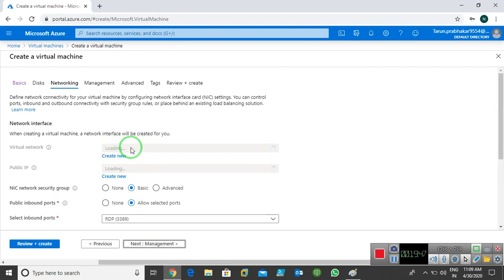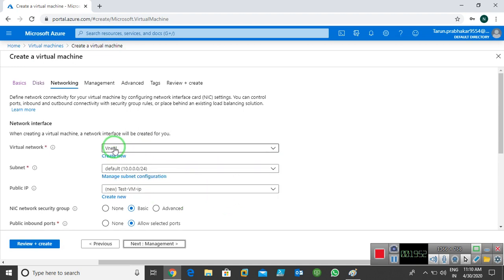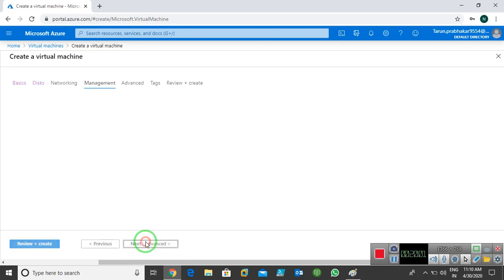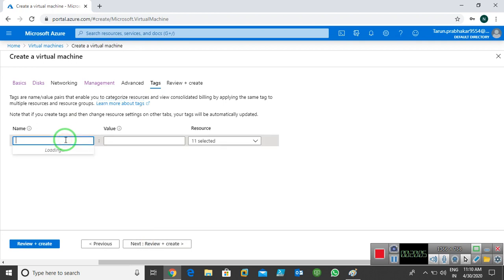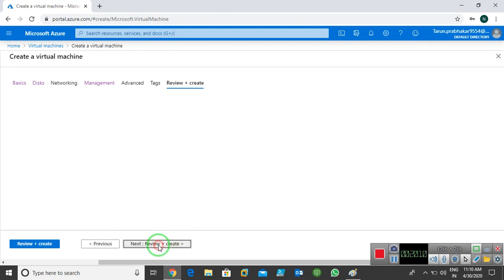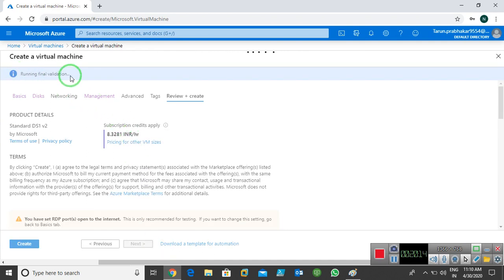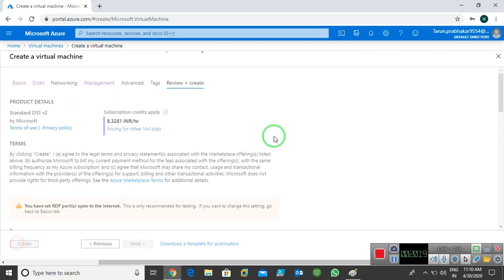I'm going to connect this VM with the virtual network which I already created. I connect this VM with both the virtual machines, but this VM is not a part of my load balancer. I don't want any management options now. I give the tags and review plus create. Now it's running validation. Now simply click on create.